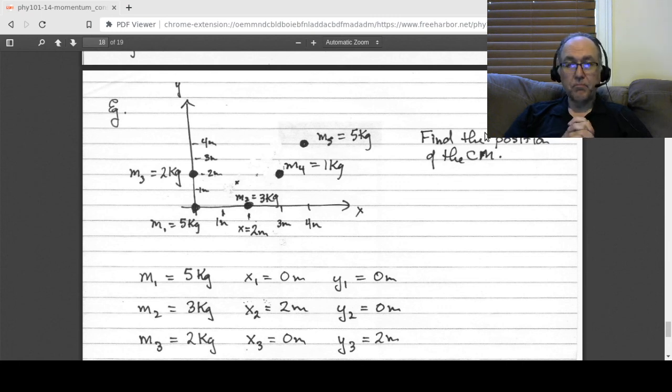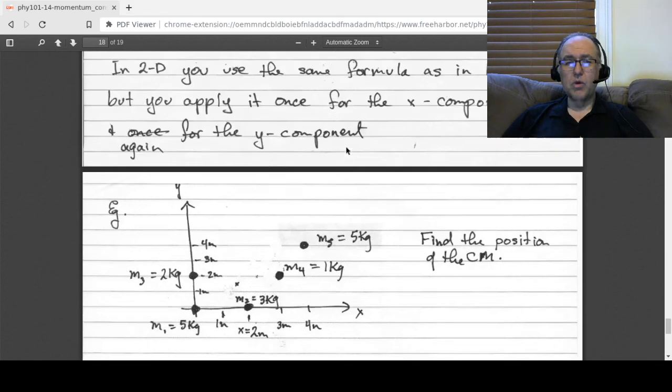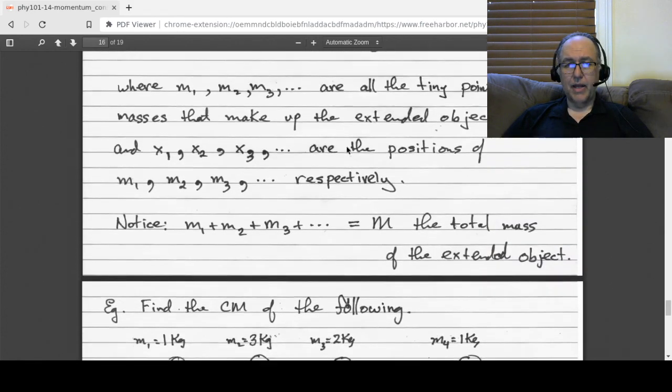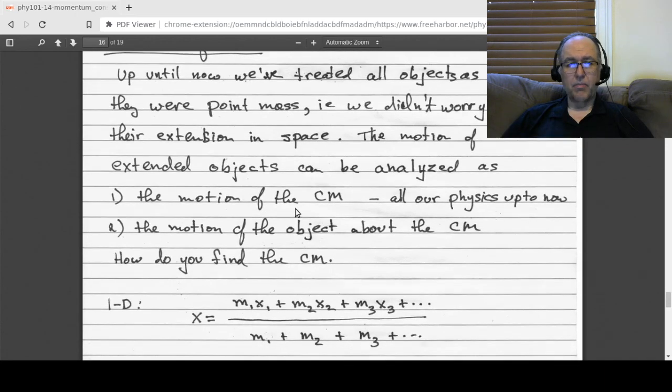All right, and I gave the example of the human body, and we'll consider deformable extended objects later. But right now, when I said extended object here, one word I should have put in front of it is rigid. Because what we're really assuming is that these masses are stuck at particular positions. If they start to move around, then your center of mass is going to move around too. It's a subtlety, but I wanted to mention that,